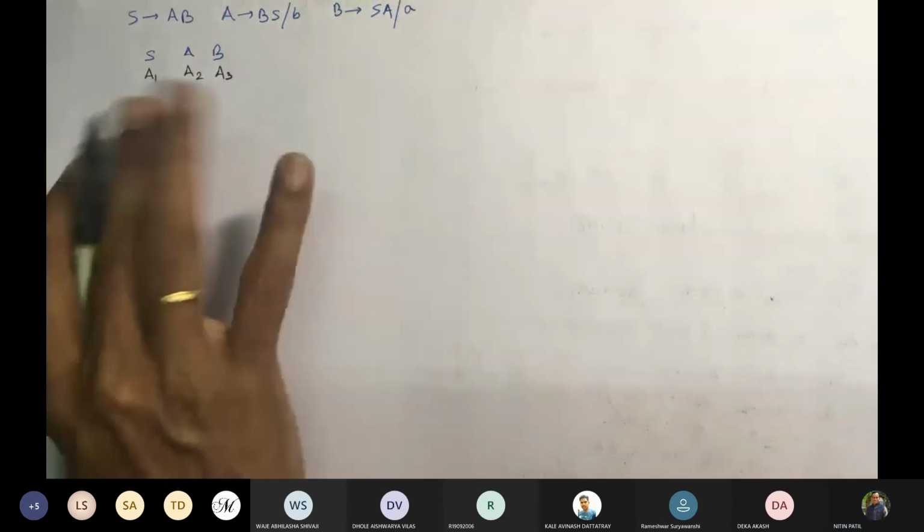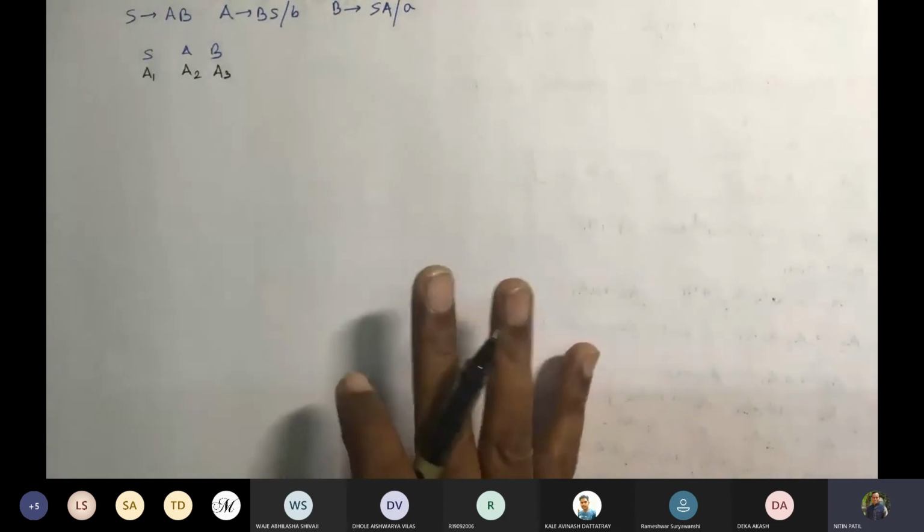Correct? Now I am not writing that this given grammar is in CNF. That's why we are starting. So it is assumed. Fine. It is assumed. I have posted this example on our WhatsApp group. You check that problem so that you can start. So rewrite this side by side, start. Okay, so that you will understand the procedure.